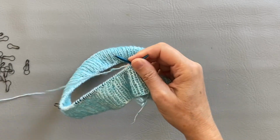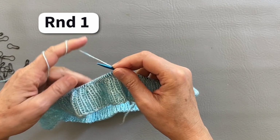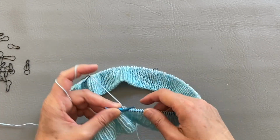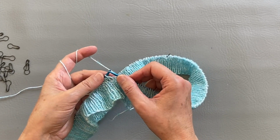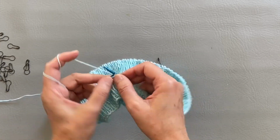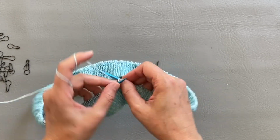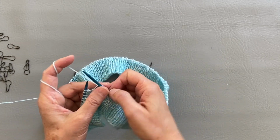All right, I got my markers ready, and in this row I will be knitting just knit stitches, the entire row of 230 knit stitches. Every 10 stitches I will add a marker. So 1, 2, 3, 4, 5, 6, 7, 8, 9, 10, and a marker,